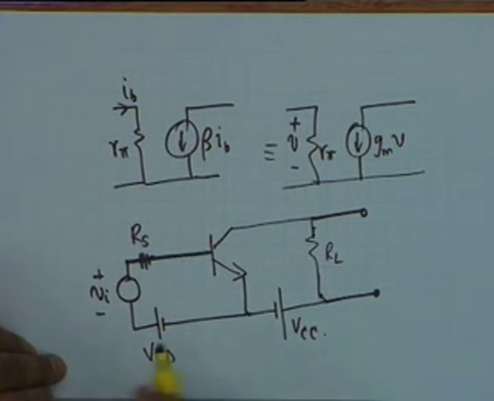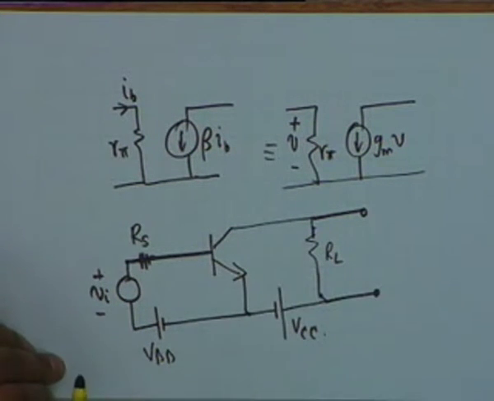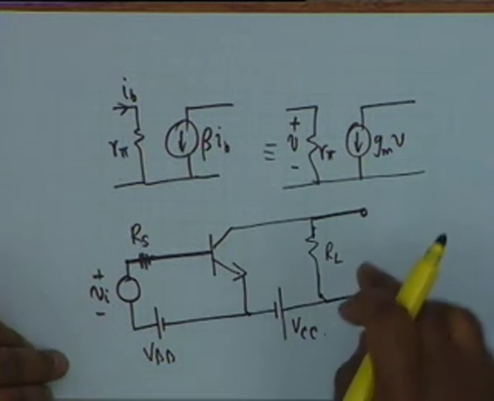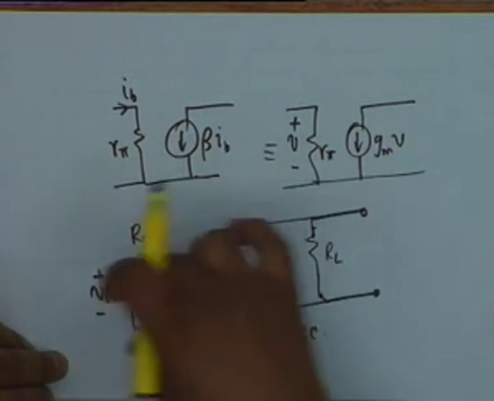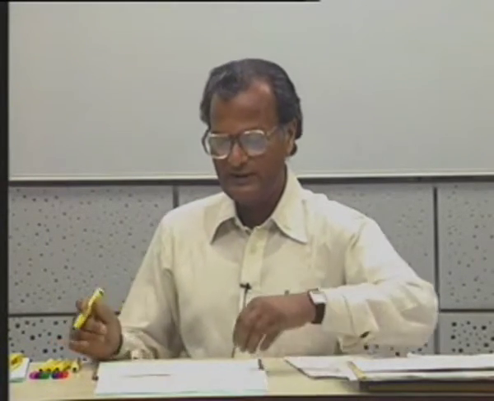Alright. What we will do is we will replace this transistor and its associated DC biases by the incremental equivalent circuit, and then calculate the ratio of the signal at the output to the signal at the input. And as you see, this would be extremely easy. We do not have to refer to the characteristic curves at all. Alright, we shall do simply in terms of the equivalent circuit.